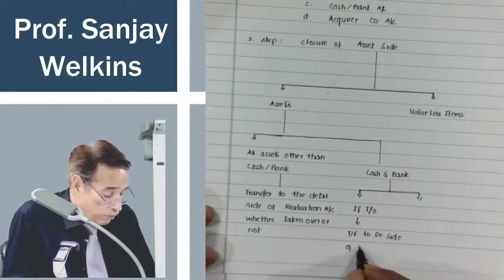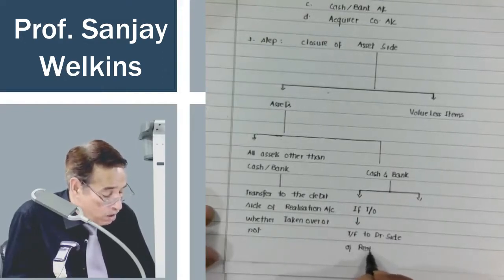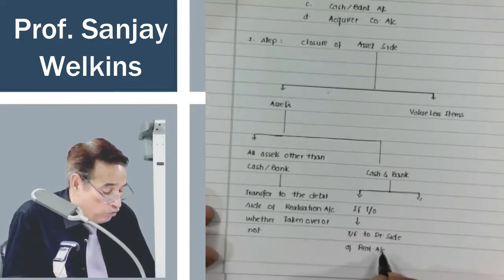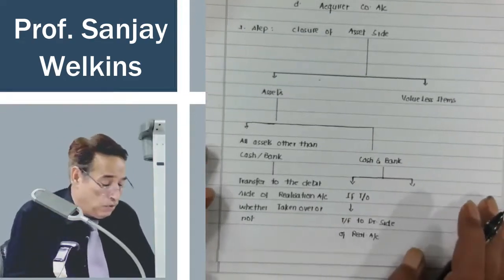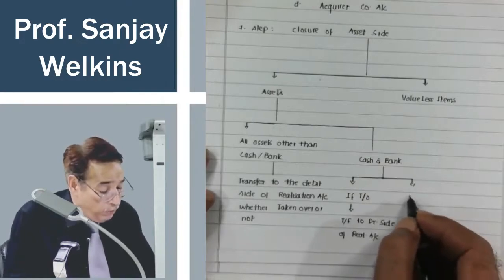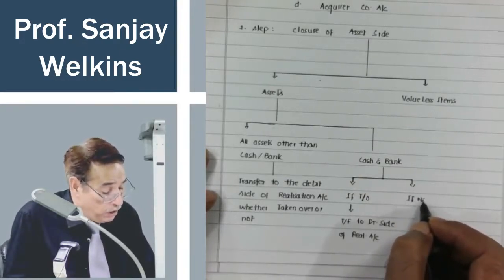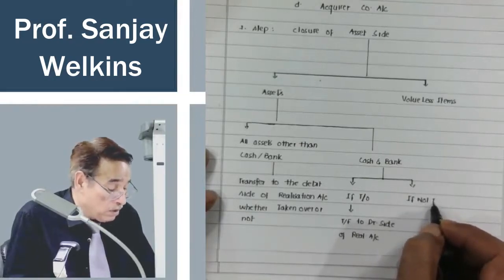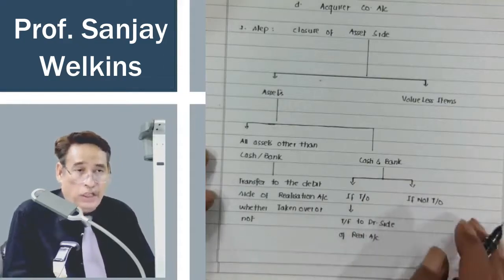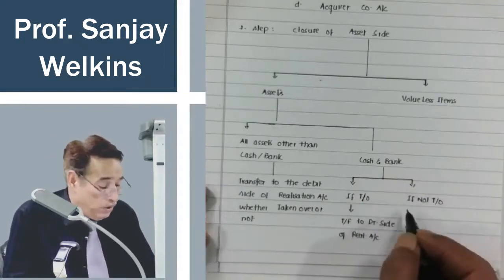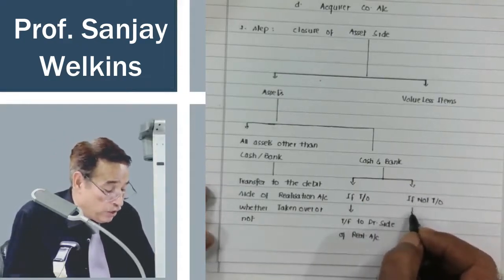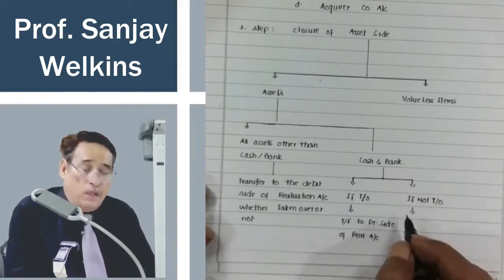Debit side of realization account. Then in that case, I am going to transfer it to the debit side of realization account. Is it clear to you? However, if not taken over, sometime it would be given in the question that the company is taking over your assets but not taking over your cash. So in that particular case, you should not transfer cash bank balance to realization account.